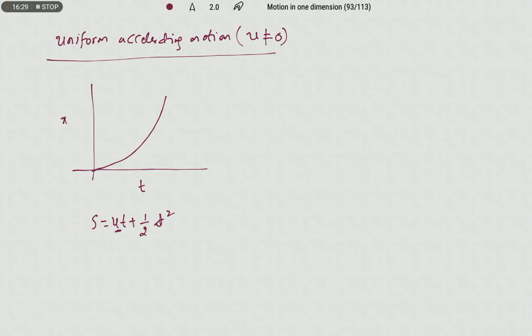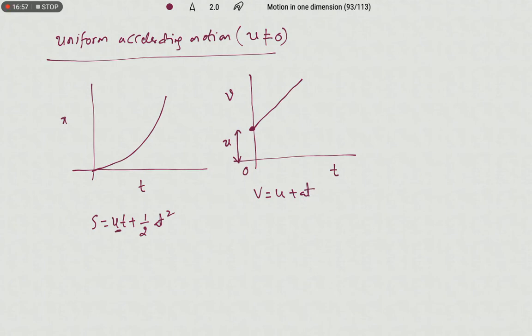Next, the second one: here the velocity is not equal to 0. That means at time t = 0, the particle already possesses some velocity, which we take as u. Again the graph is a straight line, but here we get some intercept. Sir, how can we analyze this? We know that v = u + at, so we write v = at + u and compare this with y = mx + c.